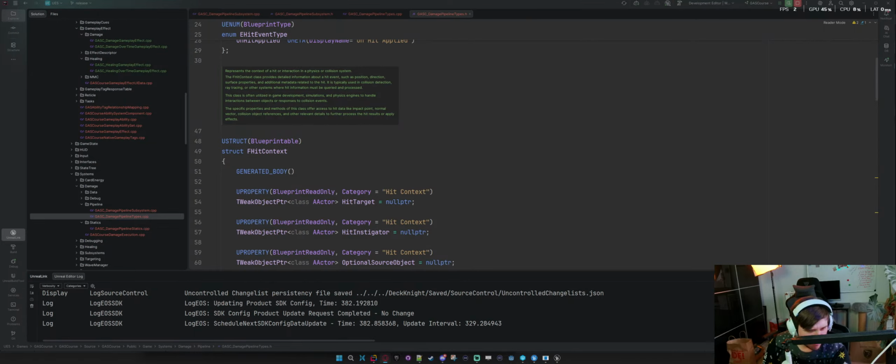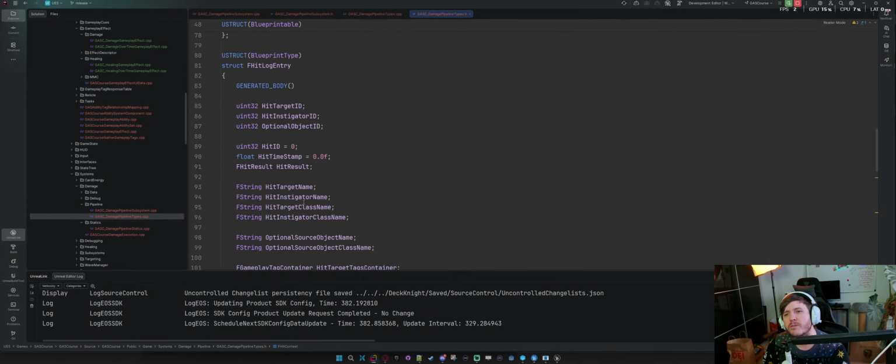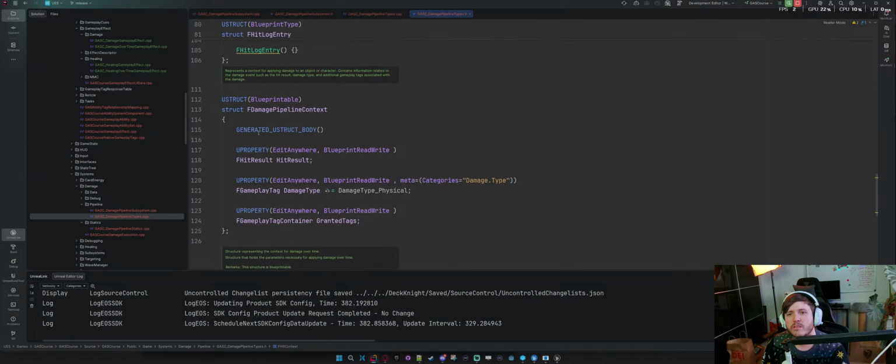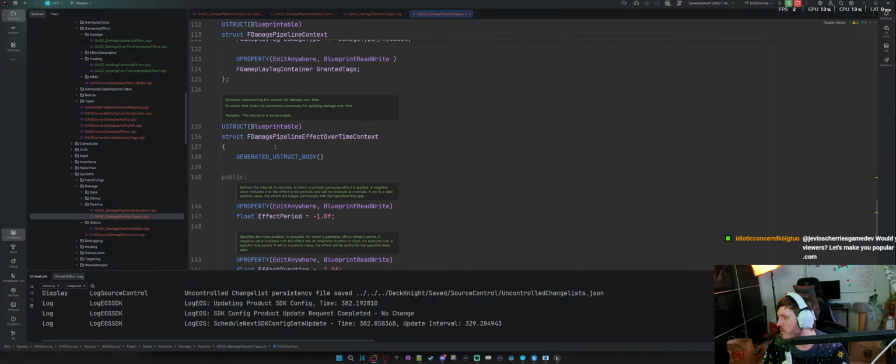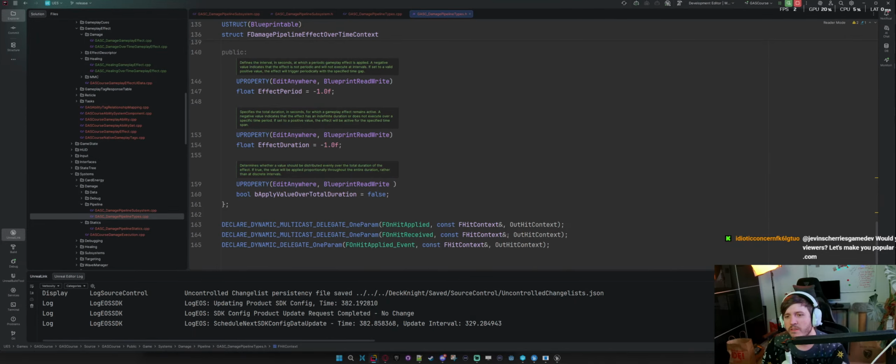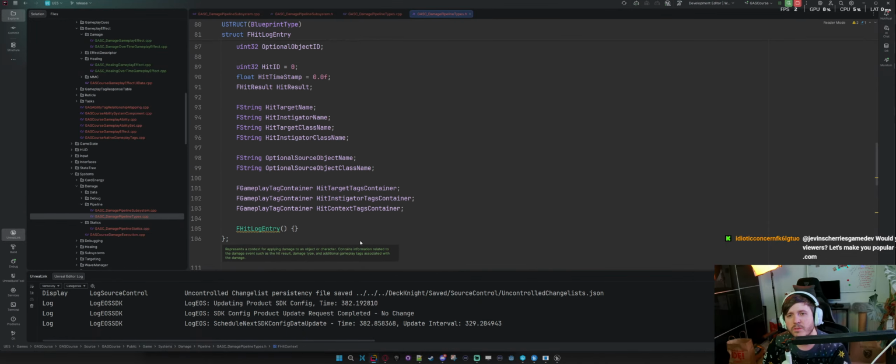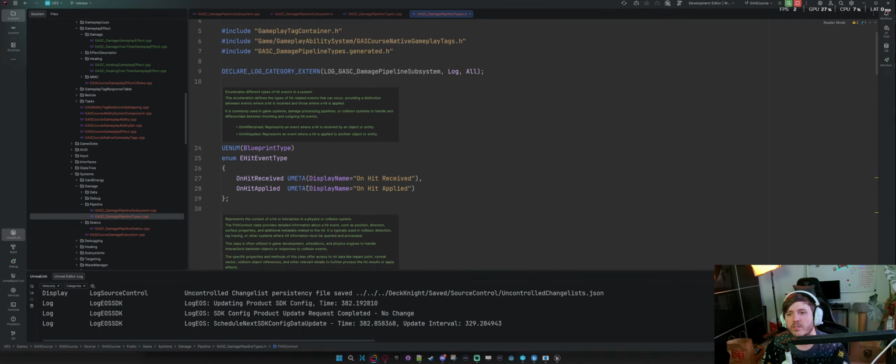So maybe that's the way to go, but it's hard to tell at the moment. So damage pipeline context, damage over time context, because we're going to have to do our multicast stuff too. So I think it needs to start with a new enum type. Let's start there.